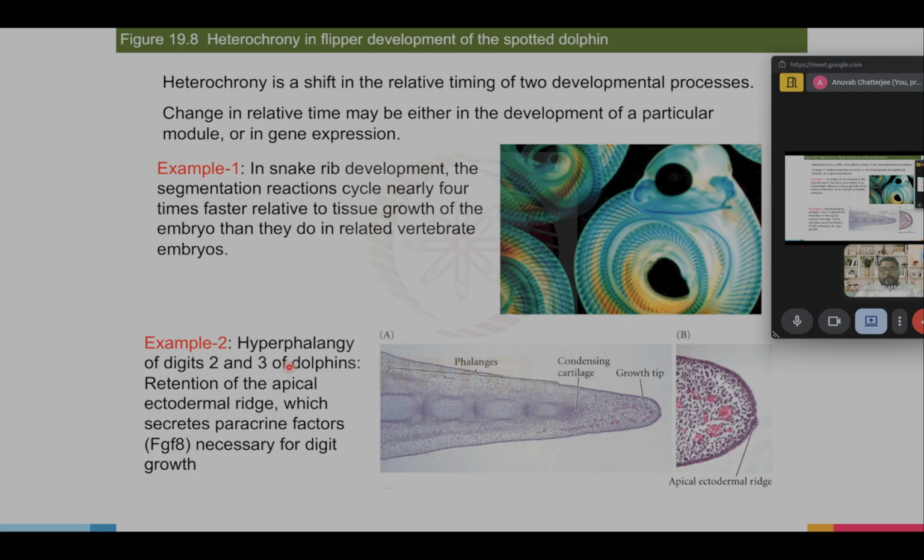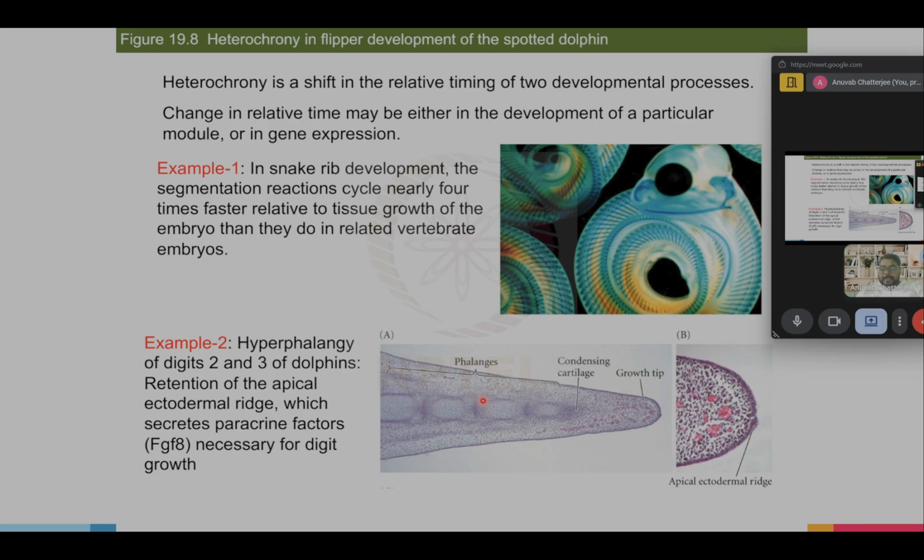Another example is hyperphalangy of digit 2 and digit 3 of dolphins. Dolphins, we know, have flippers that help them swim, but these flippers are actually formed by extending the phalanges of digit 2 and digit 3 in dolphins. So how exactly does development of the digits keep pace with the development of other parts of the body, where we have a huge phalange forming rather than the normal shorter one in other